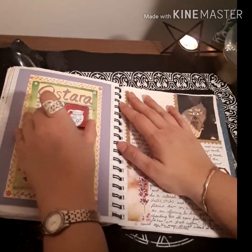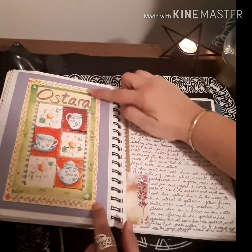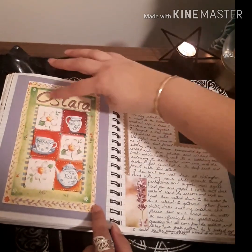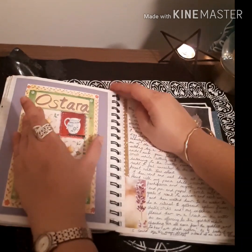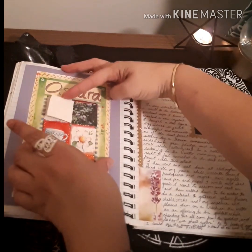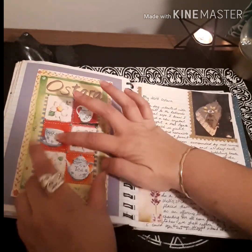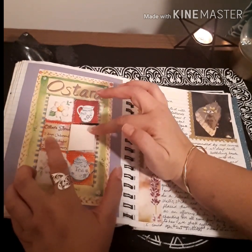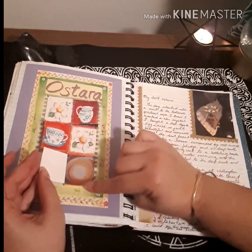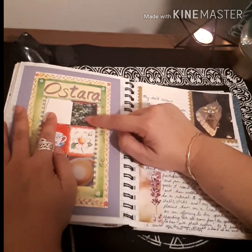This is my Ostara spread. This was a card, and what I have done is just cut out little windows and written Ostara, and just opened the little windows, and I've put in little photos of what Ostara meant to me. Oh, this was an Ostara blend. This was an Ostara oil blend, and this was, you probably can't see it, but there's a little bee